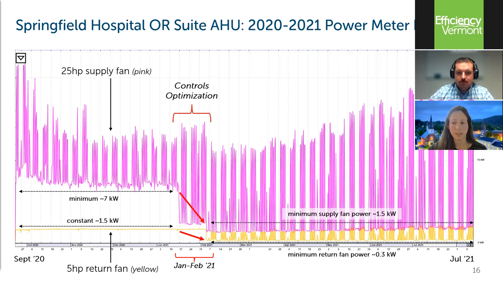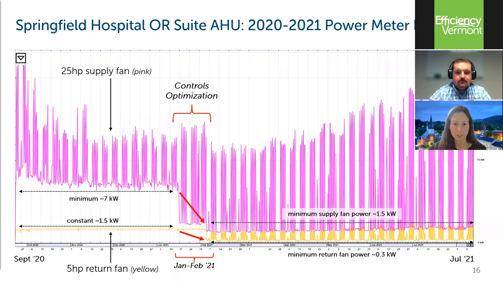As we already discussed, prior to January of 2021, the air handling unit and OR VAVs operated to provide 20 air changes per hour all day, every day, which is roughly 7 kW minimum power draw right over here on the left. That increases during the day when the other VAVs on the air handler switch to occupied mode and react to heating and cooling calls. At the same time, the return fan maintained a constant power draw of about 1.5 kW,